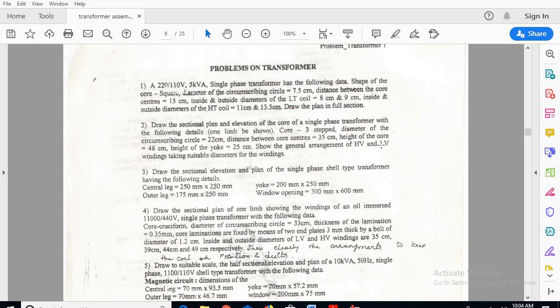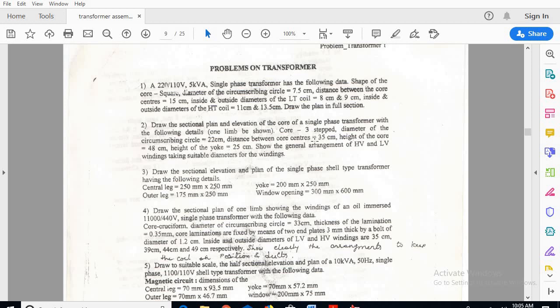So you have to assume these values so that it will not cross the distance between core centers, that is more than 35 centimeters. If it crosses more than 35 centimeters, both windings will be colliding.